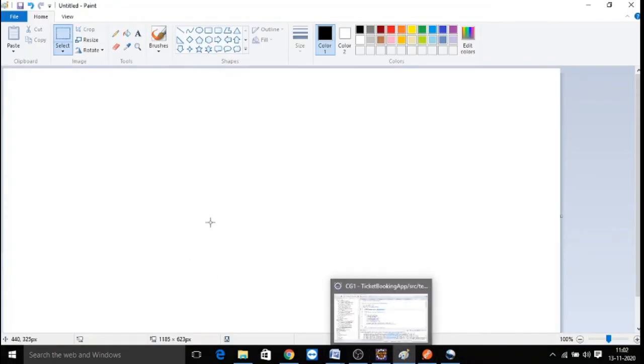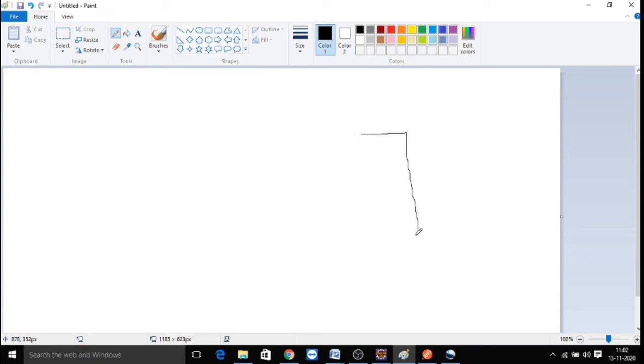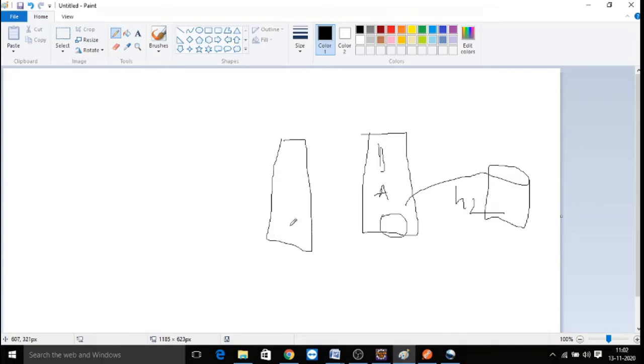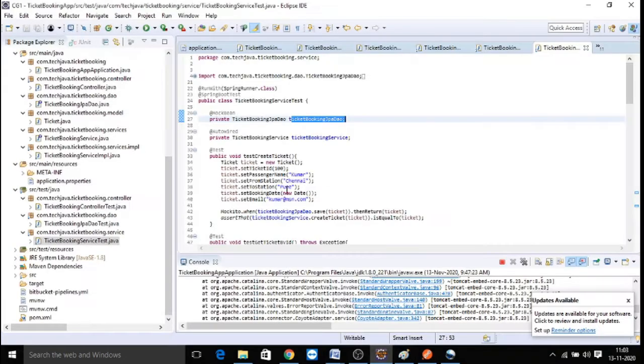It means when you are writing DAO test cases, for the DAO layer, you can make use of data JPA test cases to test with the database. But here the H2 database will be used. But when you write test cases for a service class, again we are not going to take the actual DAO to connect with the database. We take a mock DAO here, for which we are going to use a framework called Mockito. Mockito is a framework which gives you a dummy DAO object, using which you can run your test cases.